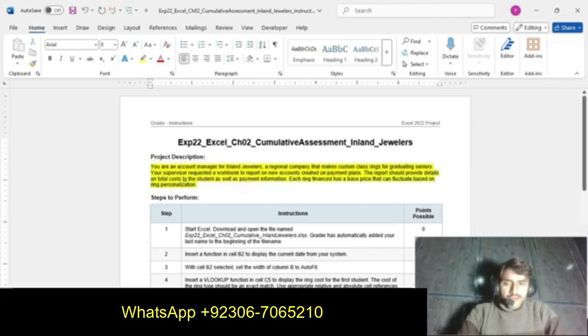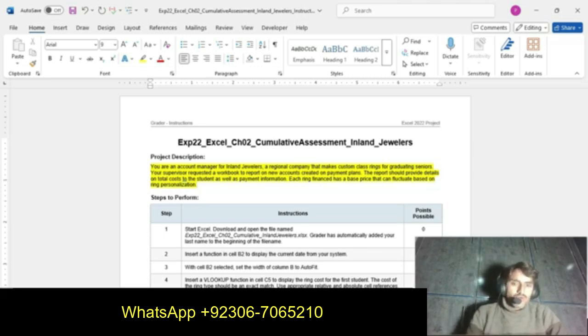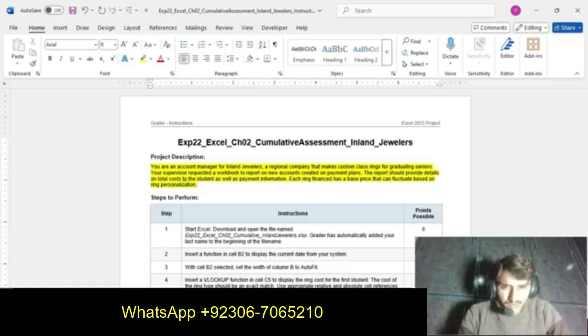You are an account manager for a regional company that makes custom class rings for graduating seniors. Your supervisor requests a workbook to report on a new account created on a payment plan. The report should provide details of total cost to the student as well as payment information.